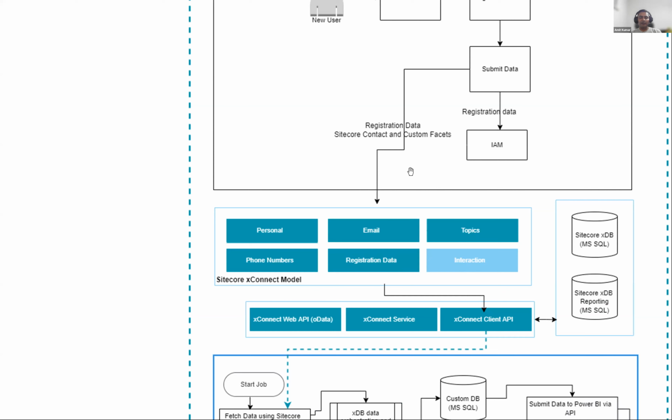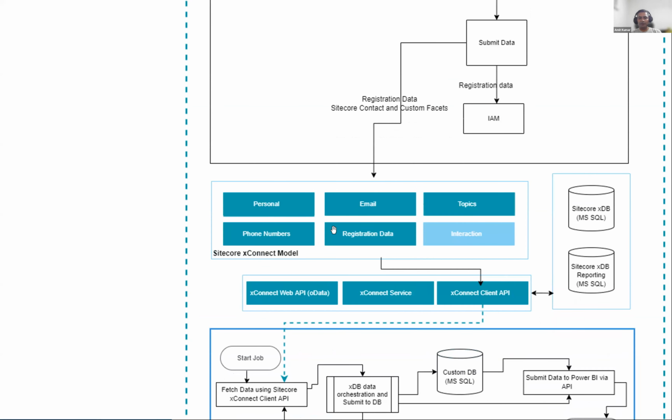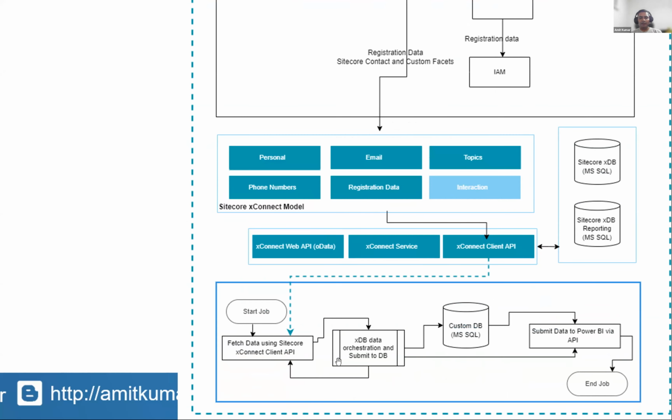So the user who came to your website was an unknown or anonymous user. Now by creating the Sitecore contact, you are making him a known user. At that time, once you use the Sitecore xConnect models, you are pushing data to the Sitecore xDB. So now, if you have your xConnect or, for example, your batch job,